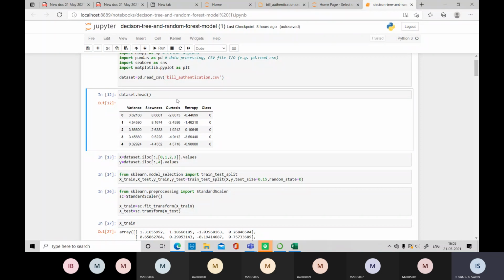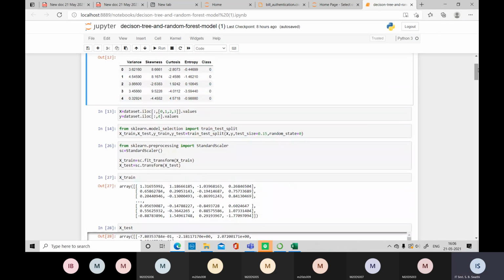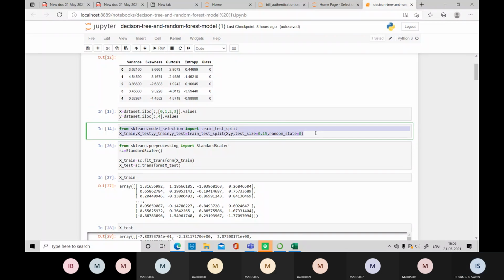So here we have divided the data set into dependent and independent variables. Now X and Y are two new files which we have created. Then I need to generate 4 files from these 2 files. What are they? Train data and test data. For X, I will generate train and test. For Y also, I will generate train and test. There is an inbuilt command, you just have to make use of it.